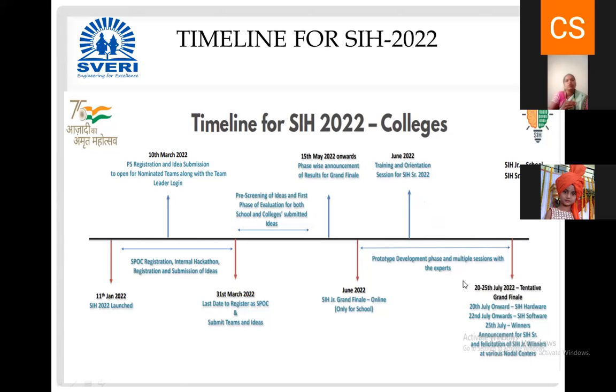And if you have your own innovative idea, these are categorized under student innovation. So in the student innovation category, they basically have 3 prizes. The first prize is 1 lakh rupees, second prize is 75,000 rupees, and third prize is 50,000 rupees. Okay, so 20 to 25th July is the grand final, and in that 20 to 25th July, they are going to announce the result of this